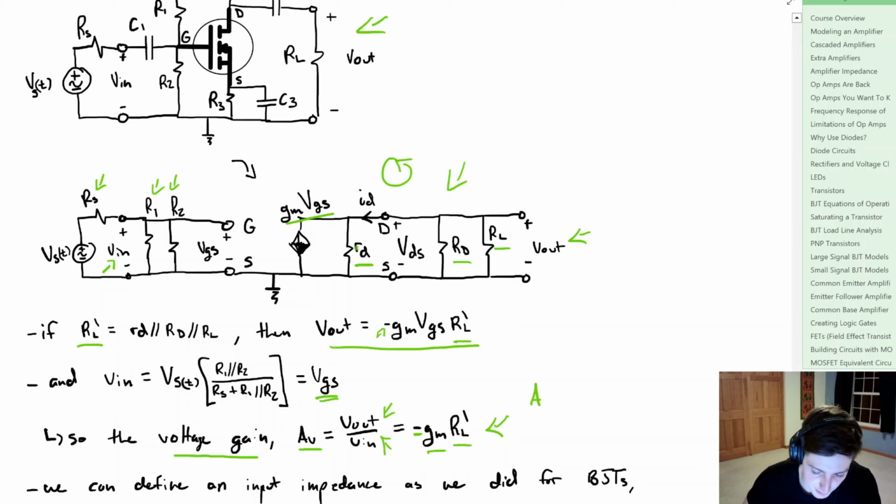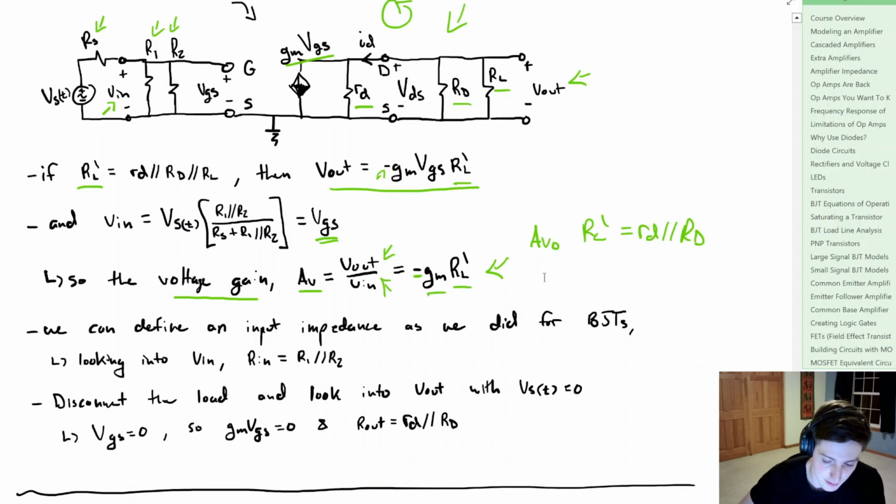Now again, if we wanted to find the open loop voltage gain, we would just disconnect RL such that RL prime would equal lowercase rd in parallel with uppercase RD. But we can also define an input impedance similar to how we did for the BJTs. So we're just going to look into our input terminals, and we know that we have the parallel combination of R1 and R2. And for the output impedance or output resistance,